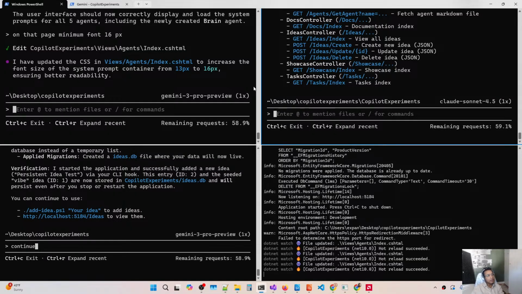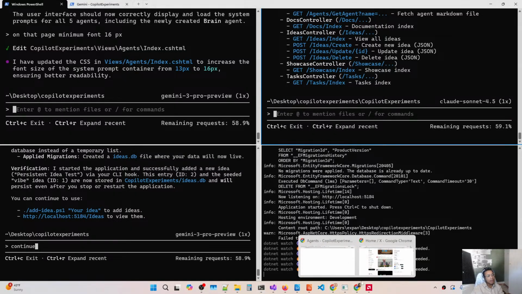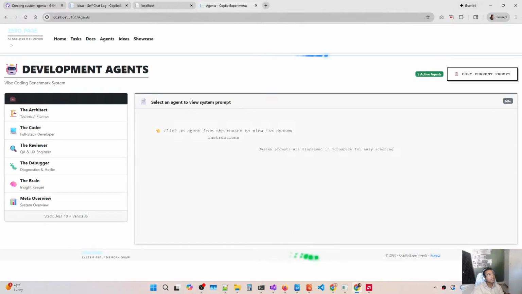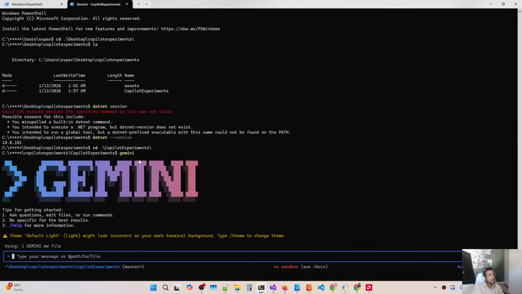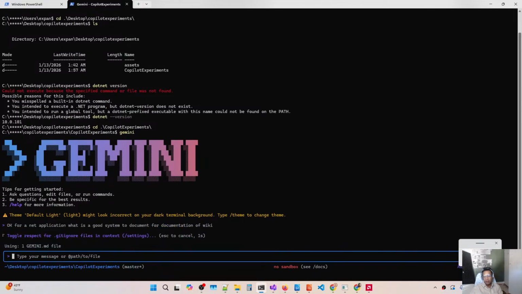to save requests, we're going to do research outside of this, right? I'm going to have a research agent, and we're just gonna call it, okay, for a .NET application, what is a good system to document for documentation or wiki? Okay, and